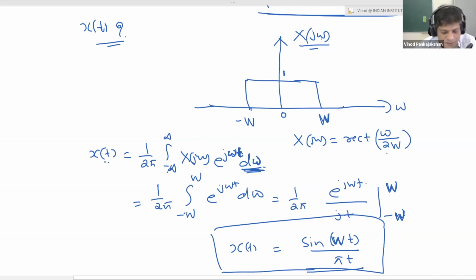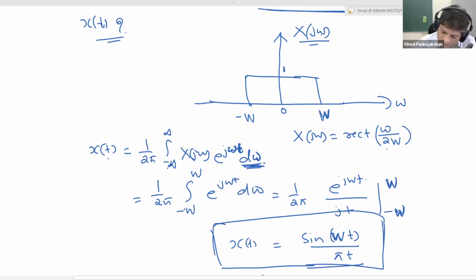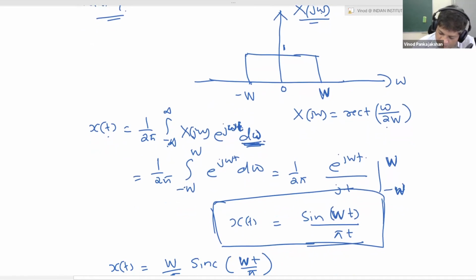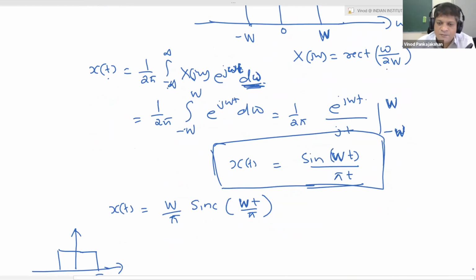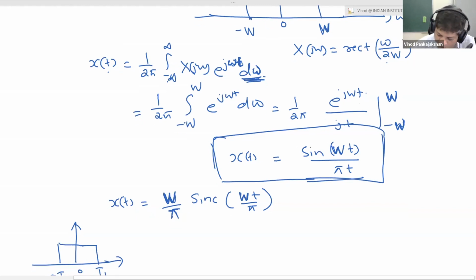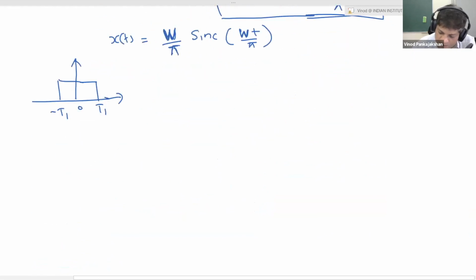Okay. So now this is the signal x of t if you do that integration. And when you convert it into the sinc form, the standard form, you will get it as W by pi, it is not omega, W by pi. This is the width. W by pi sinc of Wt by pi. Okay. So now let us sketch those functions. We started with a signal that